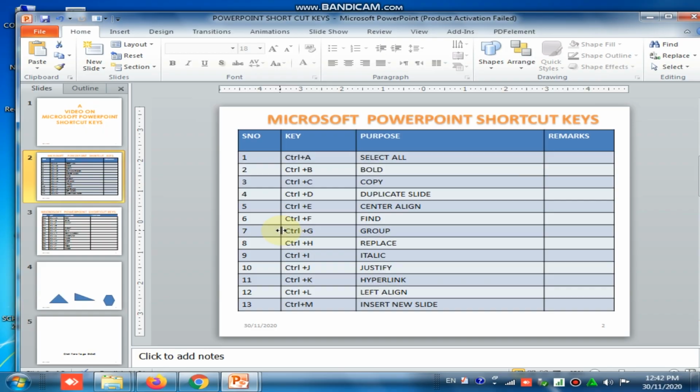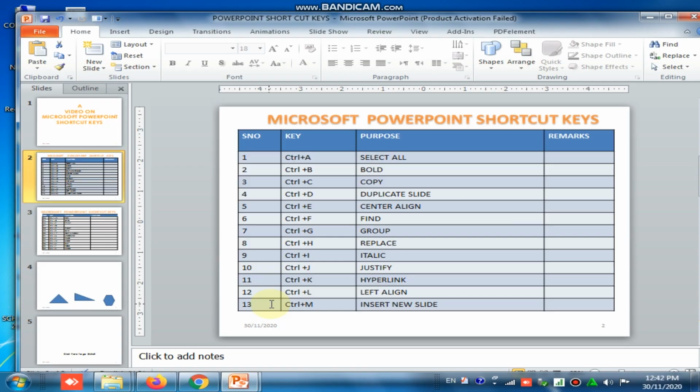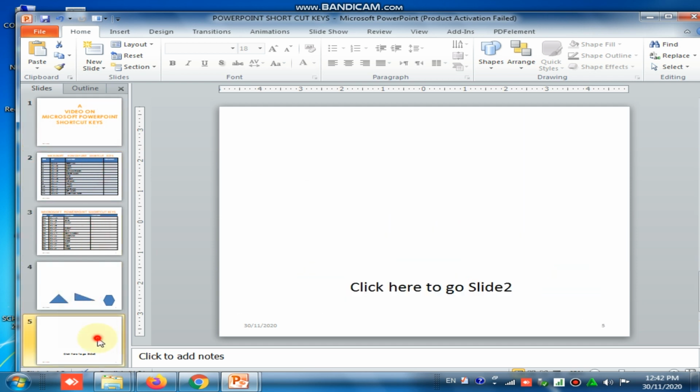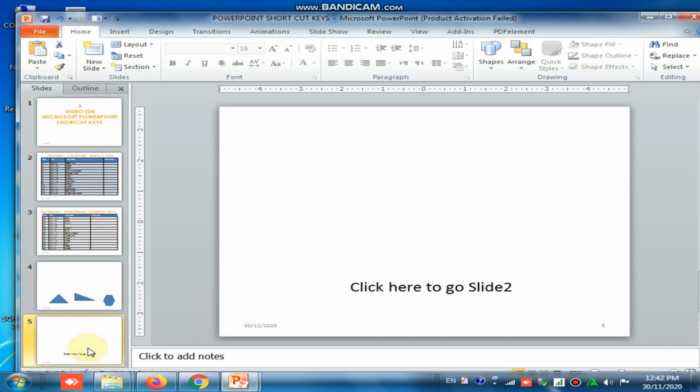Now coming to the second one, hyperlink. We will show how to use the hyperlink. If you observe here, there are 5 slides, 1 2 3 4 5. In this example, I'm taking only 5 slides. In your daily life, you will come across many slides. Presently I'm on the fifth slide. With 5 slides it is okay, but if we have 50 slides, it is very difficult to know which slide is which.